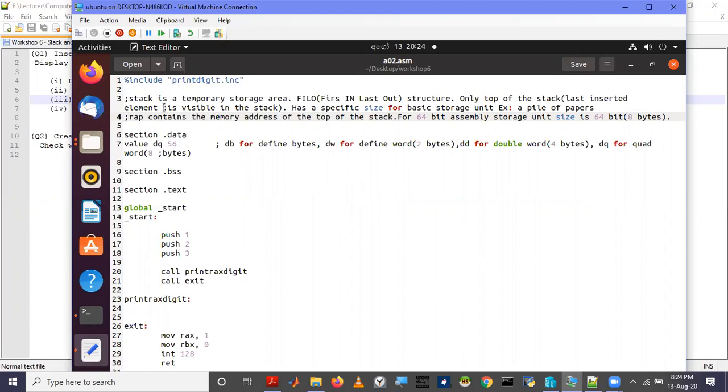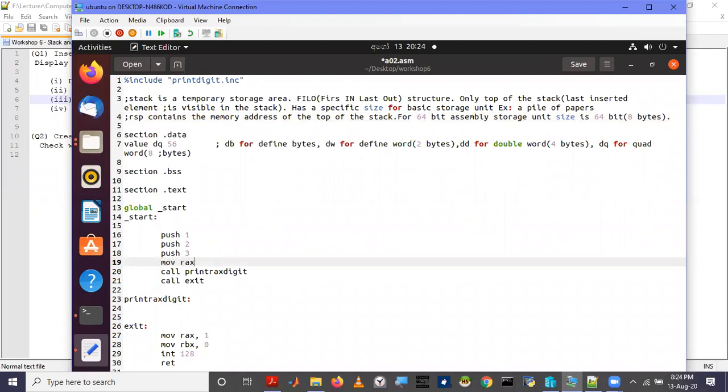If we want to look at what is at the top of the stack, we need the value contained inside the memory which is pointed to by RSP, the stack pointer. So in order to look at that, we need to copy the value shown by this RSP.